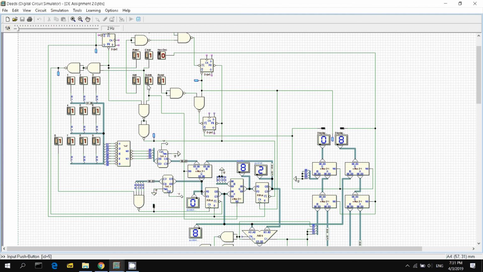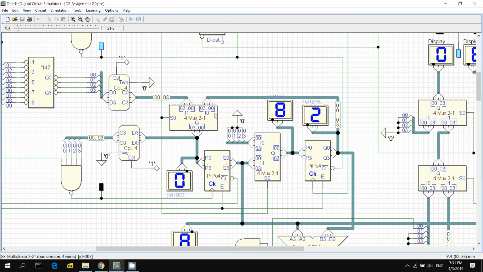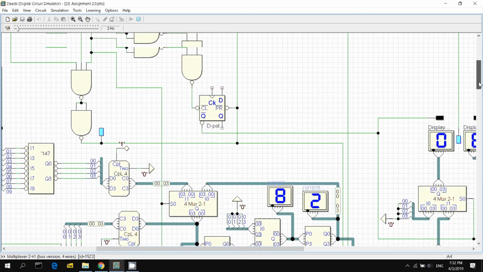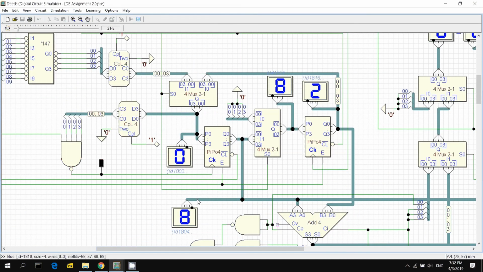But when I press delete, this 1 will become 0 as well. So what happens is when 1 becomes 0, you will choose this part instead. This 2 will go inside here and then come out back into the input of this register, and then become the output of this register. So basically you are deleting the number here, and at the same time, when your delete goes from 1 to 0, your 2 will transfer here,